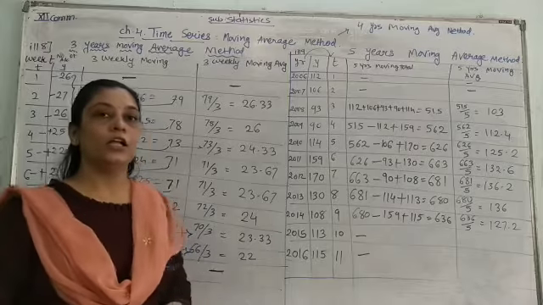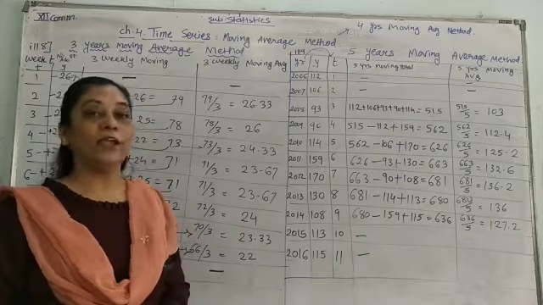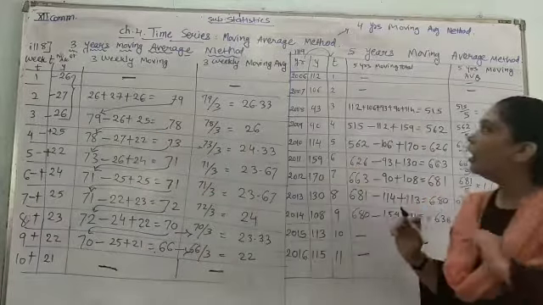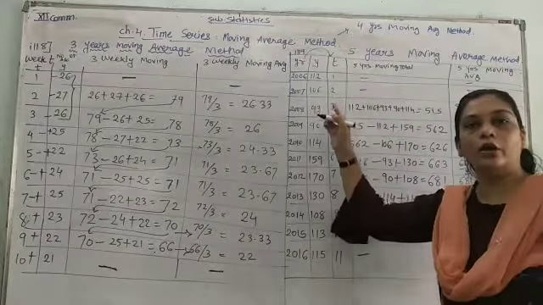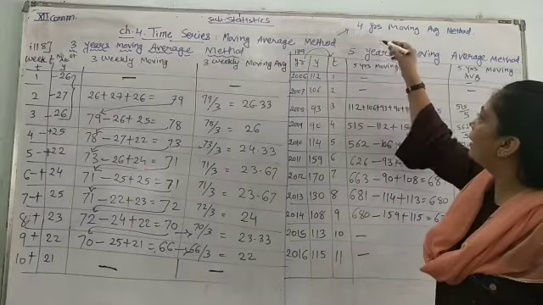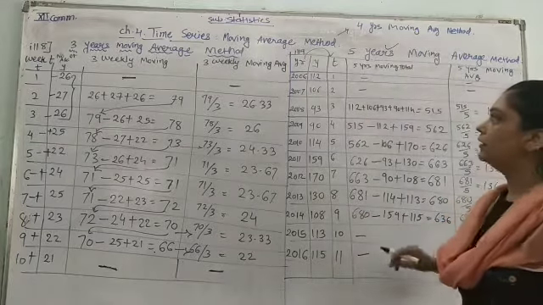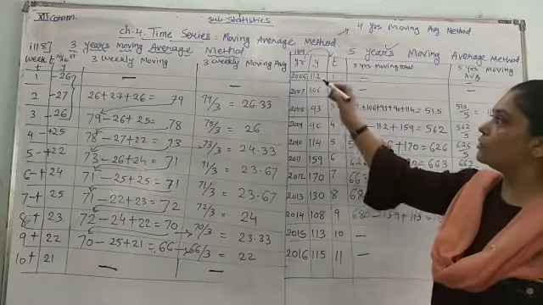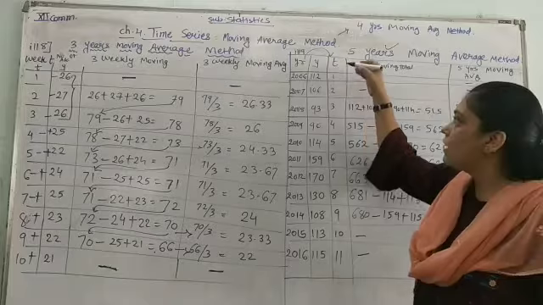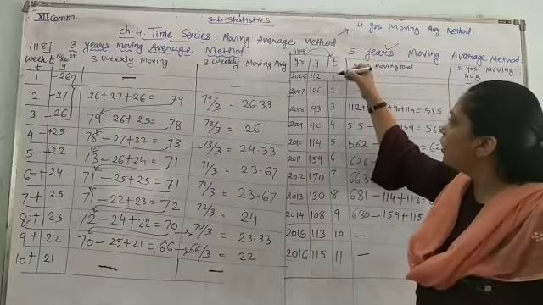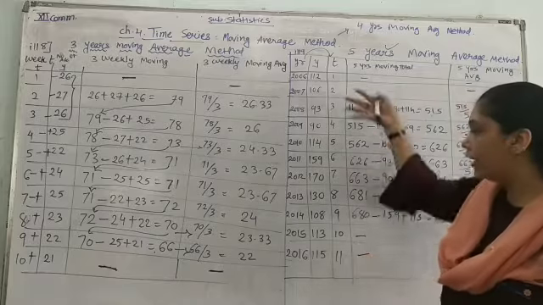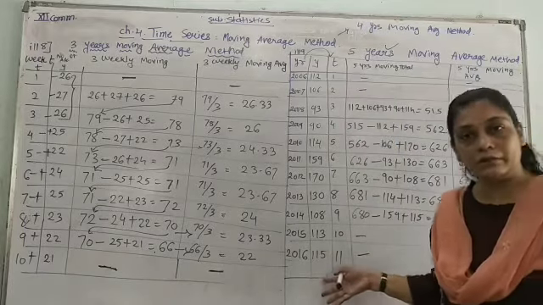Now go for the fifth year, that is the 5 years moving average method. So students, look here. Illustration number 9 in your textbook. Make the two columns like this. Give the heading 5 years moving average method. Two columns. Here the year I am going to convert into time period, and that is T. So I am going to give the numbers. First year, second, third, 4, 5, 6, up to 11. So there are 11 years of information given to me.